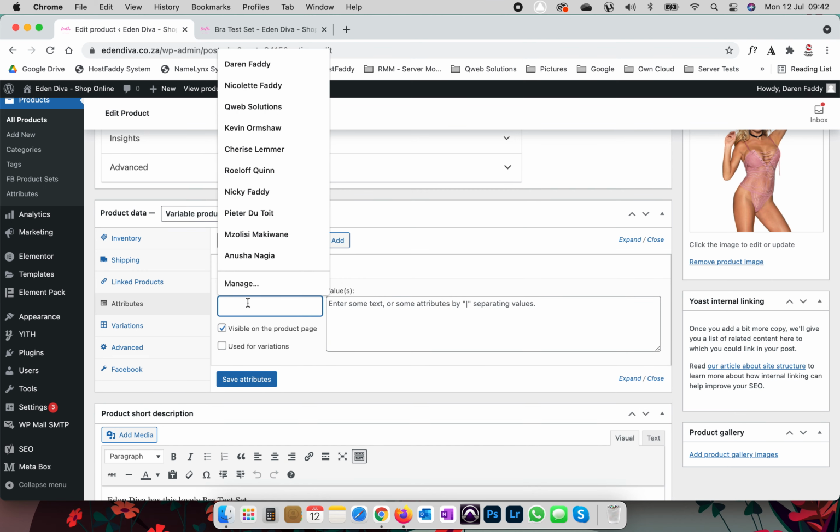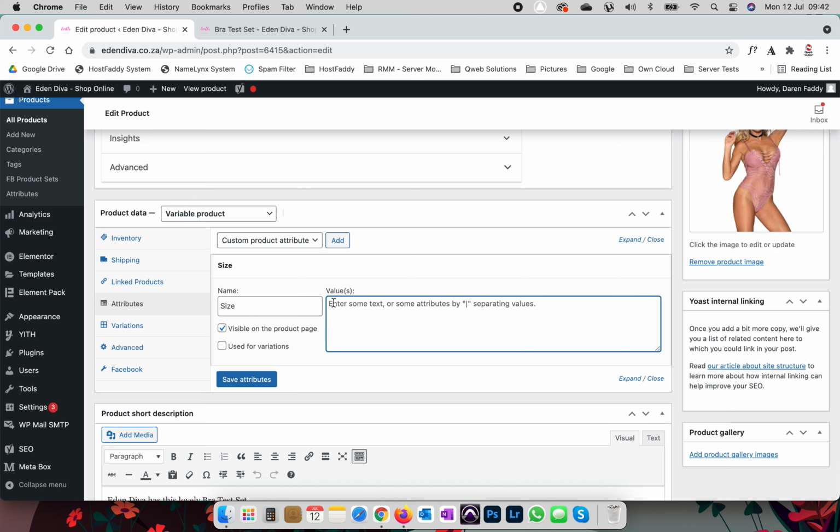Okay, so now we'll call this one size, and in here we're going to go small, and you're going to use that like spacer bar. Then we're going to go medium, right? Then we're going to go large, and then we'll call this one extra large. You know what, let's actually do it like this so it's a bit easier. So we'll just put the letters. So we'll go extra small, like that, and then small. Okay, so now this is effectively the sizes that we are going to want to sell it as,